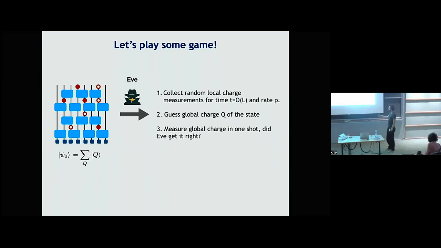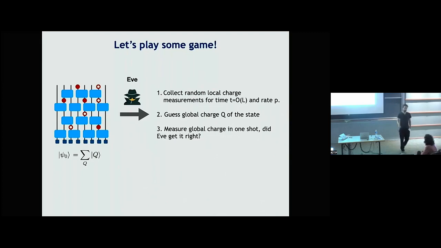And then you have a system, for simplicity let's say it's a quantum circuit which preserves charge, and you're allowed to monitor the system. So you have an observer, Eve, who's eavesdropping on the system and is allowed to make some local measurement of charge in random locations with some rate p for a time of order L. So Eve is collecting a measurement record of, there was a particle, there was no charge there, and so on and so forth, okay? And then Eve's goal is to guess the global charge of the state from that measurement